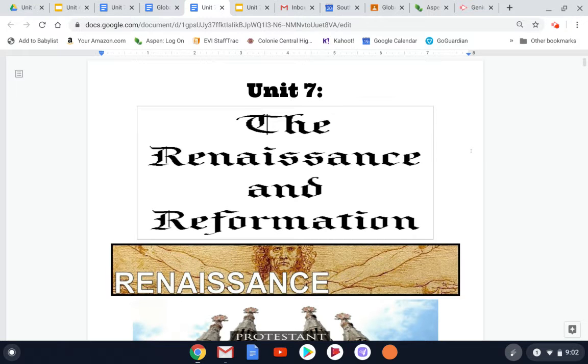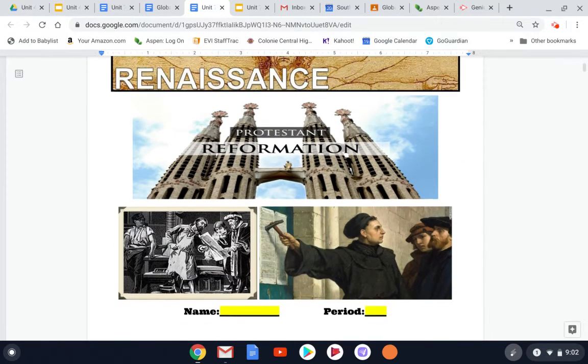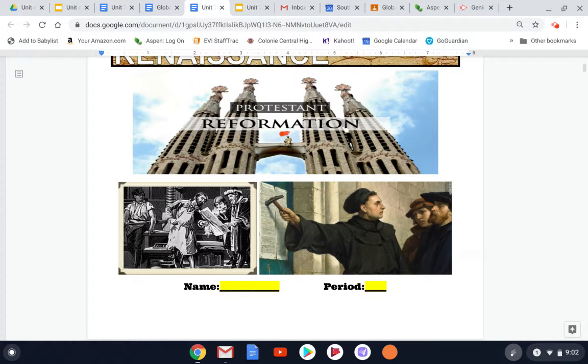Here's our lovely cover page, Renaissance and Reformation. We'll learn about how the Reformation is also known as the Protestant Reformation. A lot of you guys have probably heard that word before, Protestant. If anybody is Christian or knows friends or family members who identify as Protestant, they could be Baptist, they could be evangelical, et cetera. There are lots of different divisions of Christianity that fall under Protestant, and this event in history is what forms all those different versions of Christianity.